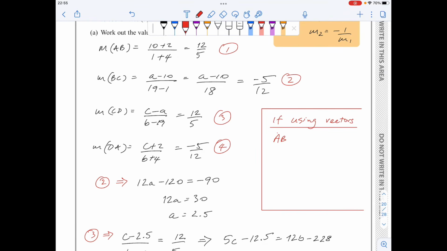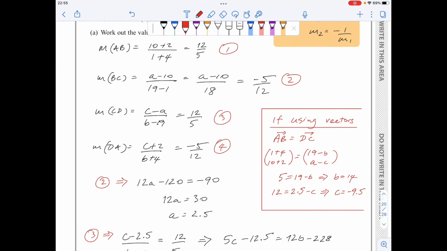Vector AB is equal to vector DC. So (1 plus 4, 10 plus 2) is equal to (19 minus B, A minus C). If I equate the top, I will get 5 equals 19 minus B, which will give me B equals 14. And then from the second row, 12 equals 2.5 minus C. So C will come out to be minus